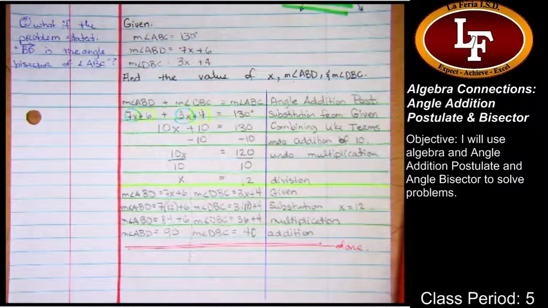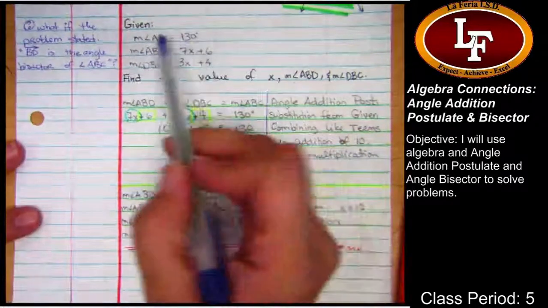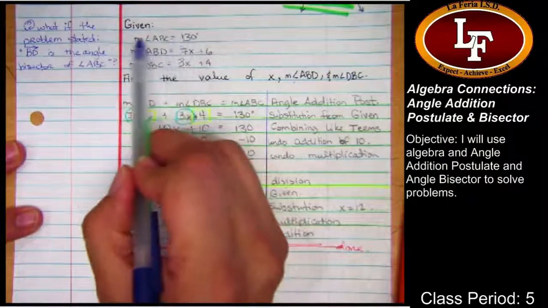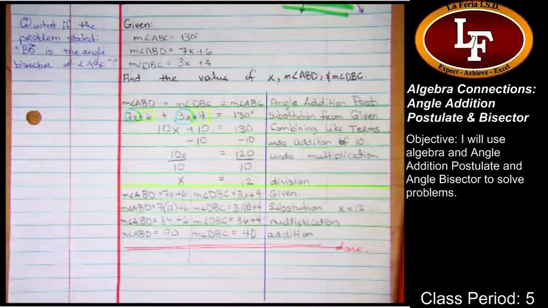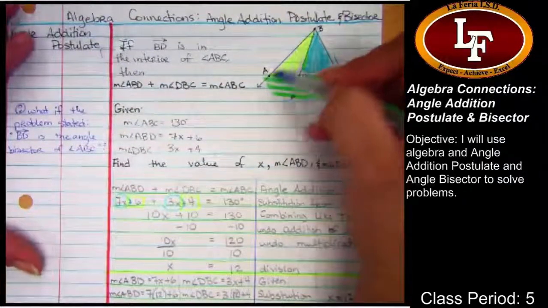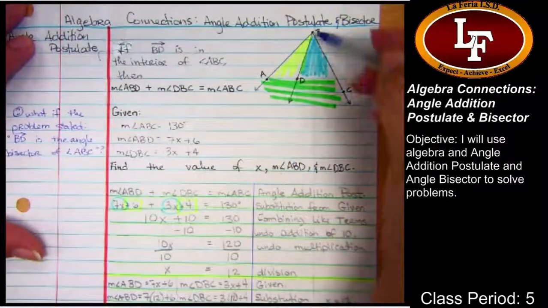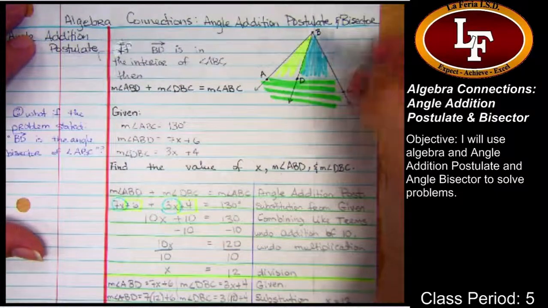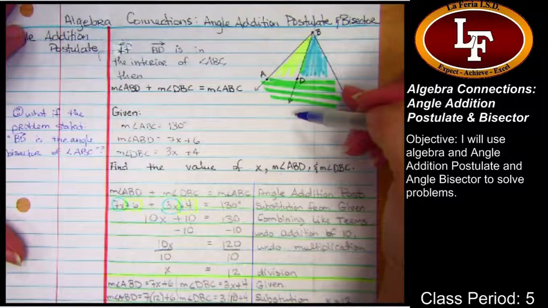The only thing I'm really changing is, instead of giving you the full measure of the big angle, I'm telling you that this ray bisects angle ABC. What does that imply for the little parts that this thing is getting broken into? Let's go up to the picture real quick. So here we have angle ABC. Here we have ray BD. And it's the bisector, so it goes through the